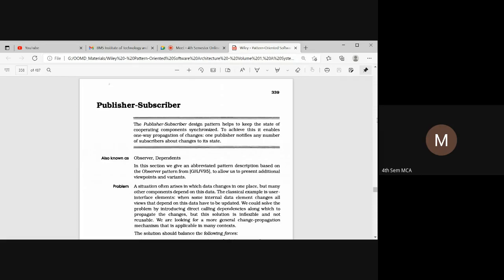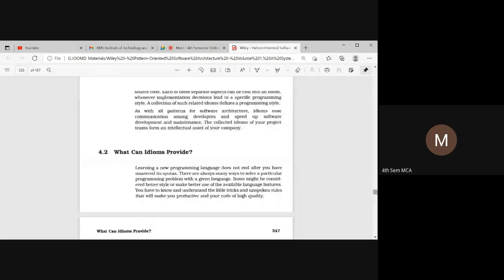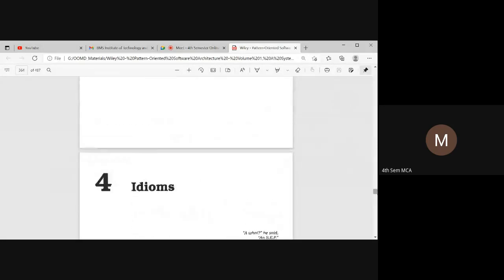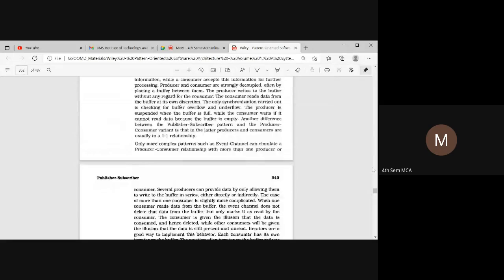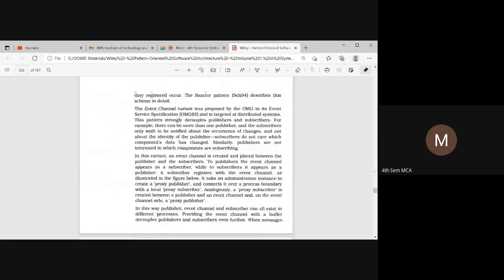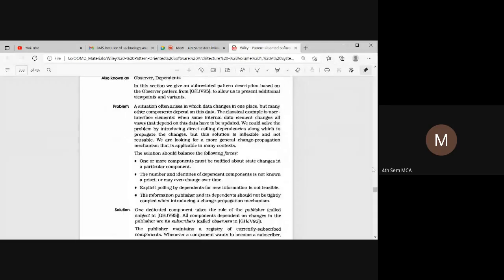So the problem: there are different forces that we need to balance when we are defining the problem here.